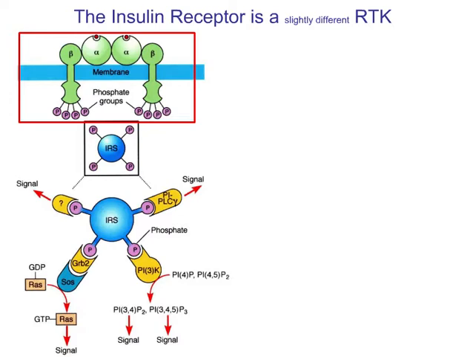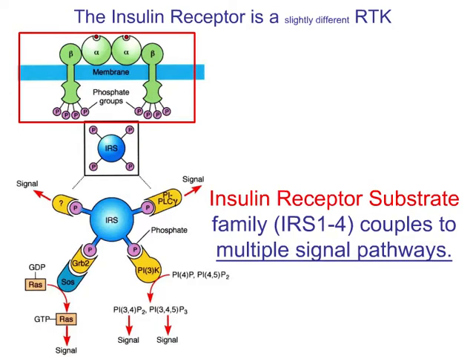The resulting phosphotyrosines are binding sites for a family of proteins known as insulin receptor substrate proteins. IRS proteins have a phosphotyrosine binding domain, which allows them to dock to the phosphotyrosines of the autophosphorylated insulin receptor. The insulin receptor substrate proteins are then phosphorylated by the activated insulin receptor tyrosine kinase. The phosphotyrosines on the insulin receptor substrate protein are now docking sites for adapter proteins that link insulin receptor activation